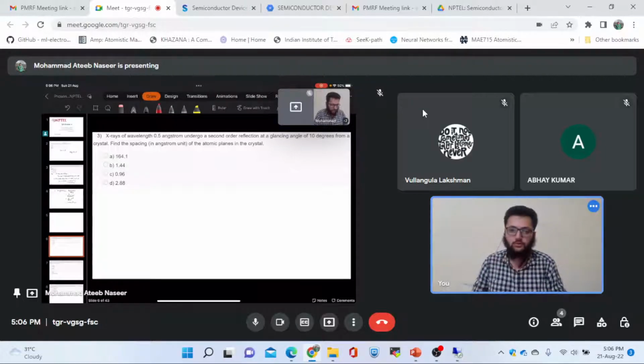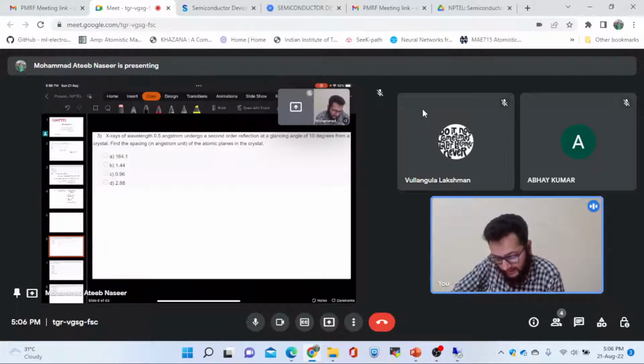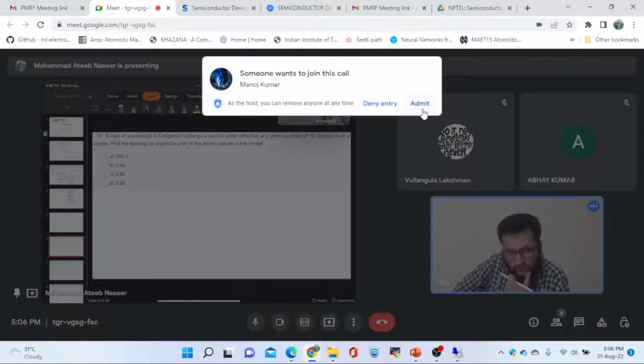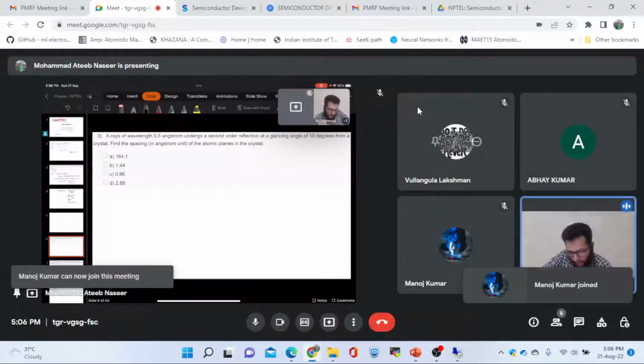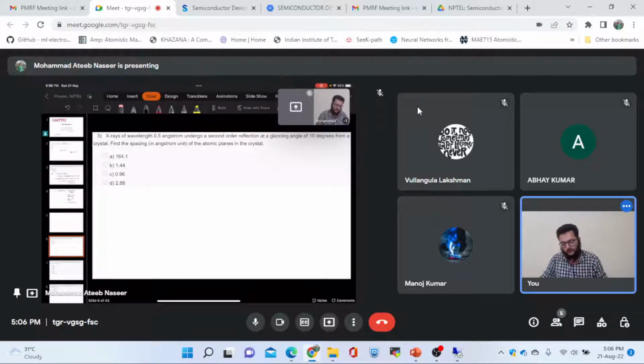Now let's move towards the third problem. It simply says that we have X-rays of wavelength 0.5 angstrom, and these X-rays undergo a second order reflection at an angle of 10 degrees from the crystal. We are required to find the spacing between the atomic planes in the crystal, and we have to write that in angstroms. So we will simply use